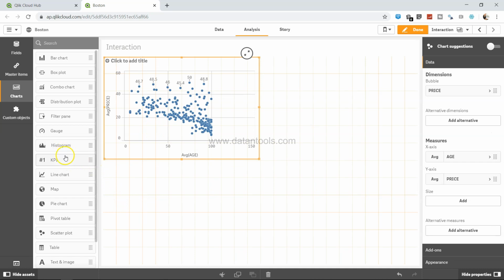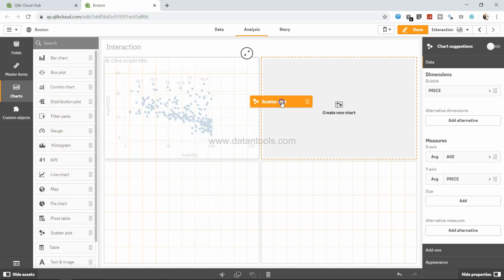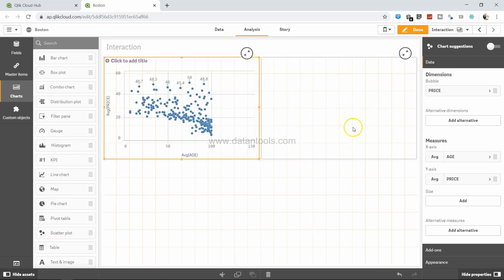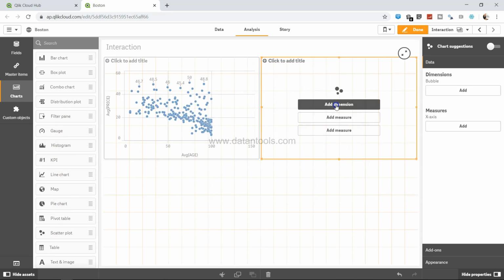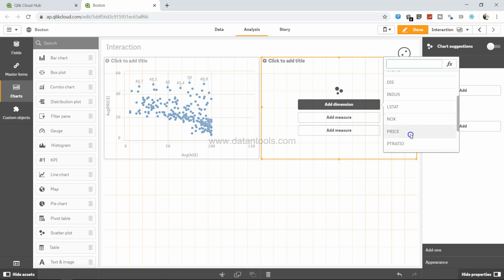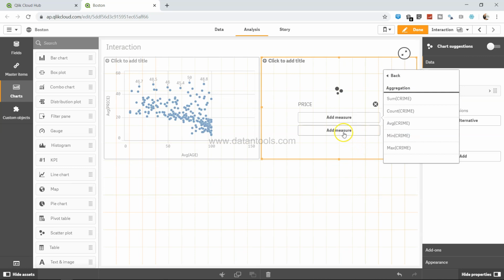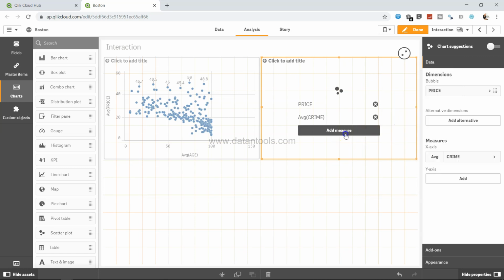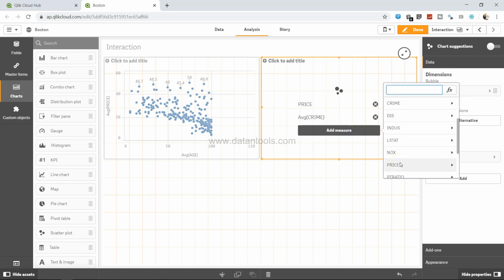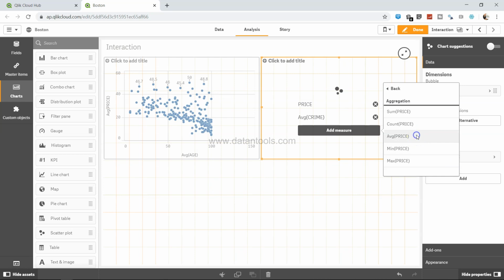Another interaction that we can see is, where is the scatter chart? Scatter chart is here. Another interaction that we can have on the price is price and crime, the average crime rate and average price. So my assumption is that it should be negative, because as the crime is increasing, the price should decrease. So let's go ahead and select price, average price,